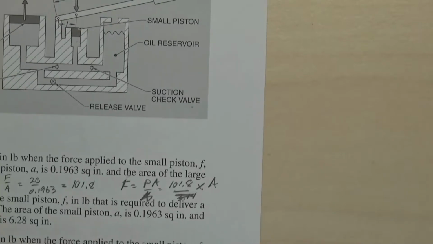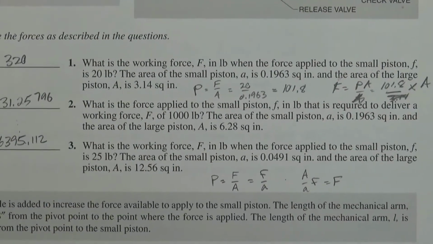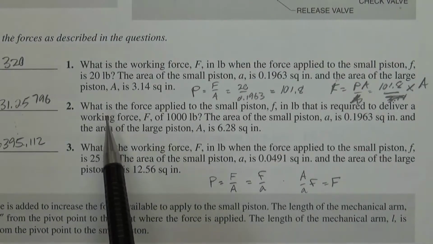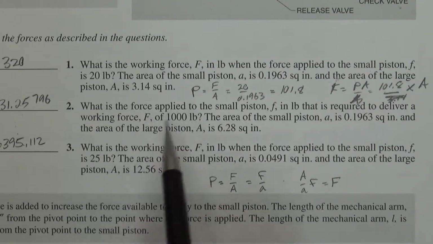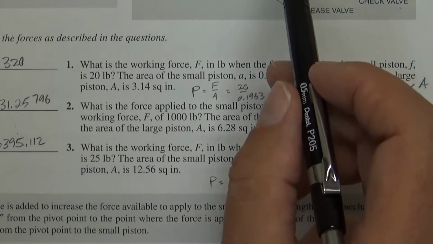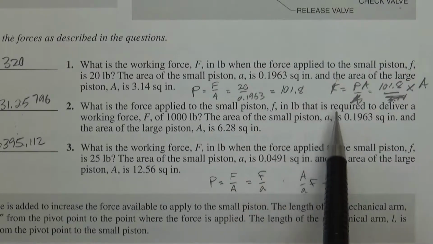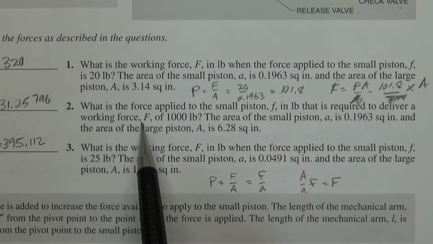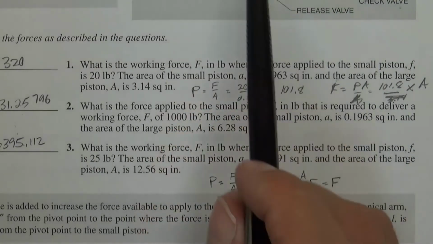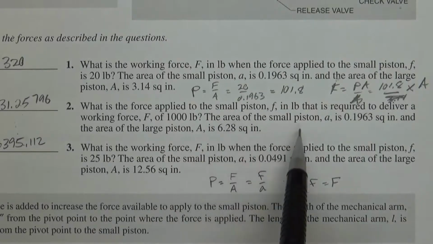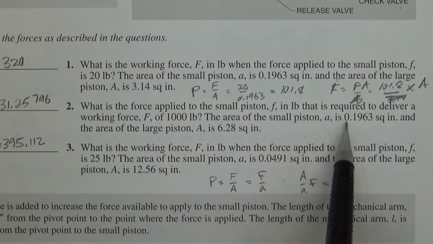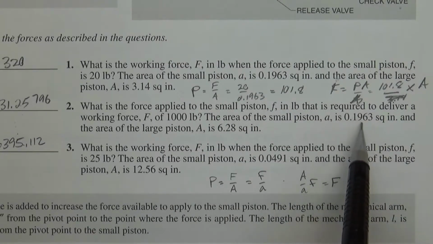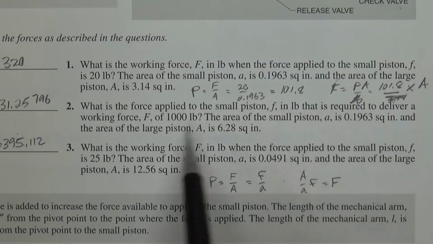Okay, on to number 2. Number 2 says, what is the force applied to the small piston F, right there, in pounds, that is required to deliver a working force of 1,000 pounds over here? The area of the small piston A is 0.1963 square inches, and the area of the large piston A is